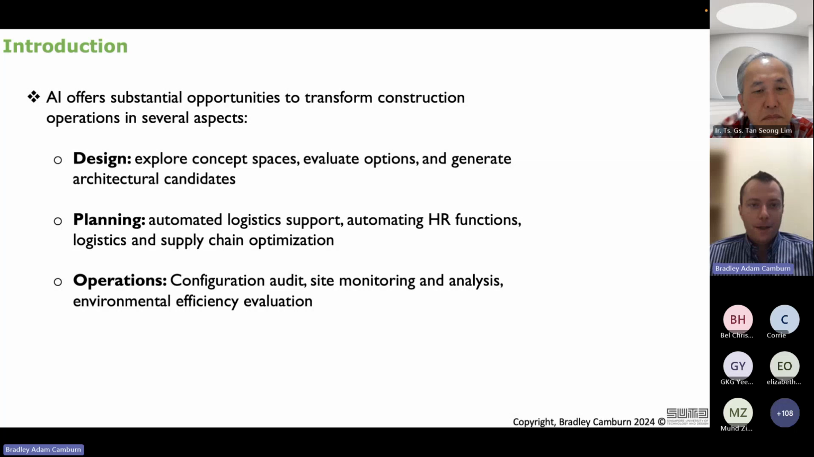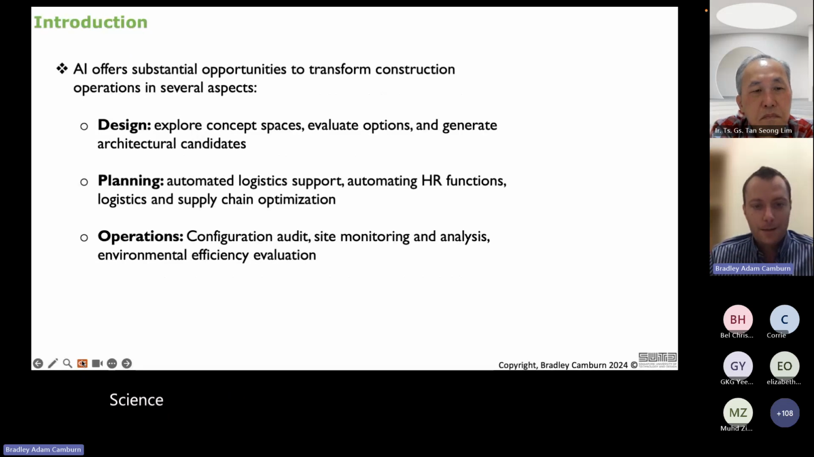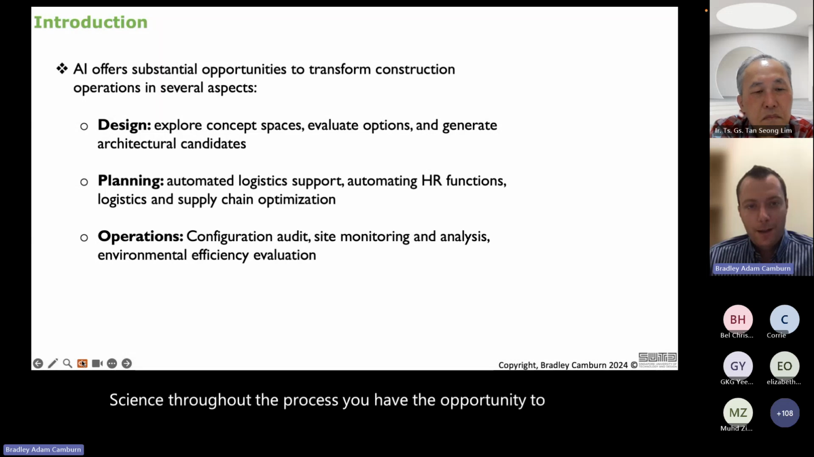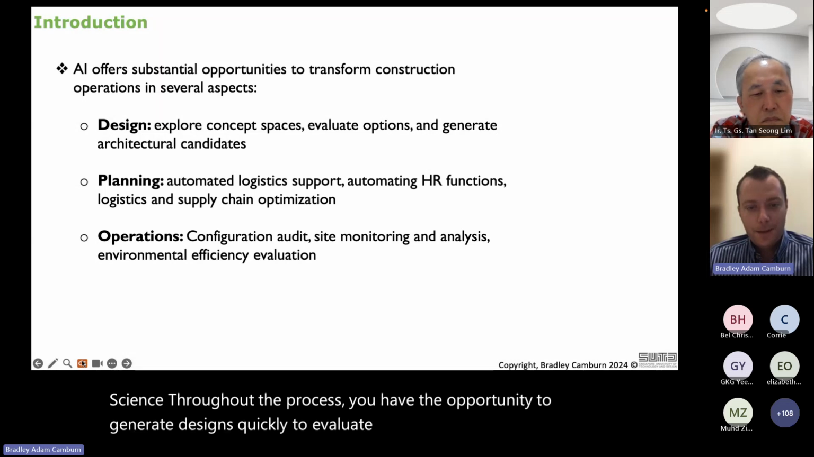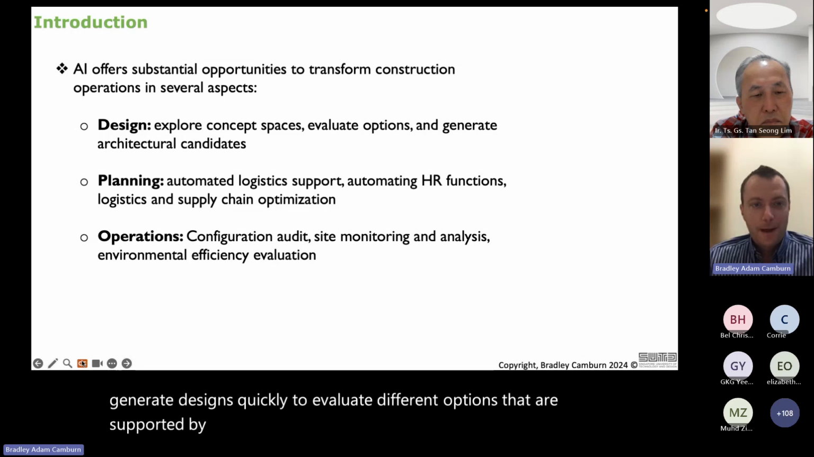So, there are substantial opportunities to transform development and in particular construction in several ways. In the design space, design doesn't necessarily have to be something done once at the drawing board. We can adaptively design in near real time now. So you can continue to update your designs throughout the process. You have the opportunity to generate designs quickly, to evaluate different options that are supported by AI. Planning, you can automate logistics supports, automate